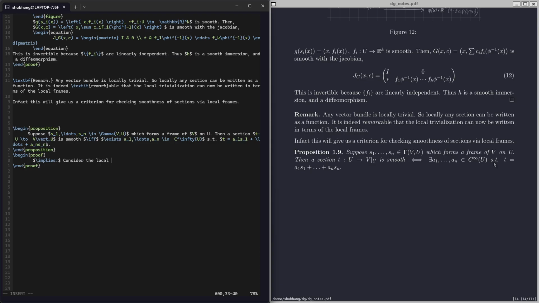Consider the local trivialization H from U cross R^k to V restricted to U, basically pi inverse of U. Then H of (P, c) equals the sum from 1 to n of c_i s_i of P,